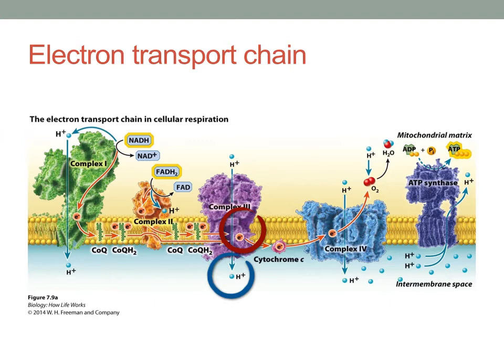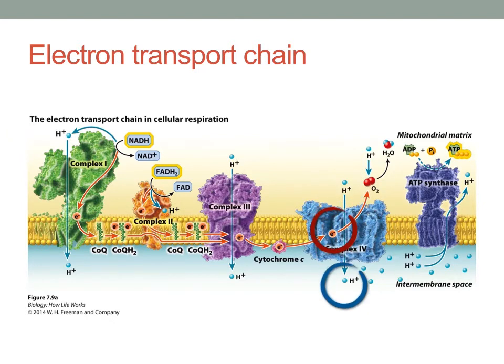Again, the electron is not done. It will be taken in charge by another molecule, and this time it is cytochrome C. Cytochrome C will shuttle the electron to complex 4 here, and once again, the leftover energy that is still contained in this electron will be used to move another proton, and